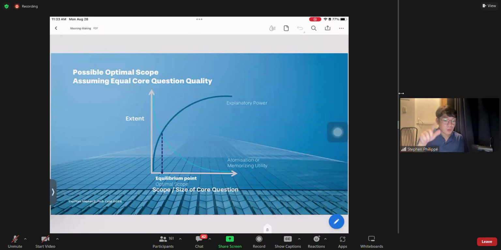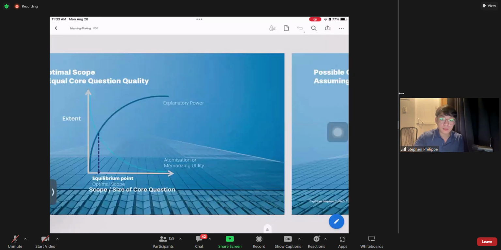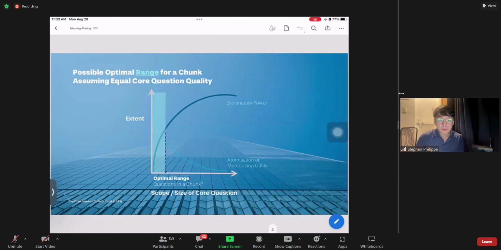Rather than when we atomize the questions, like, for example, what's the function of hemoglobin in your body? That is more like the students will memorize it, okay? I understand that you're not seeing the point for now, but as you atomize the questions and atomize the problems, it will become rote memorization for our students. And the optimal range, or the size of the chunk, okay,